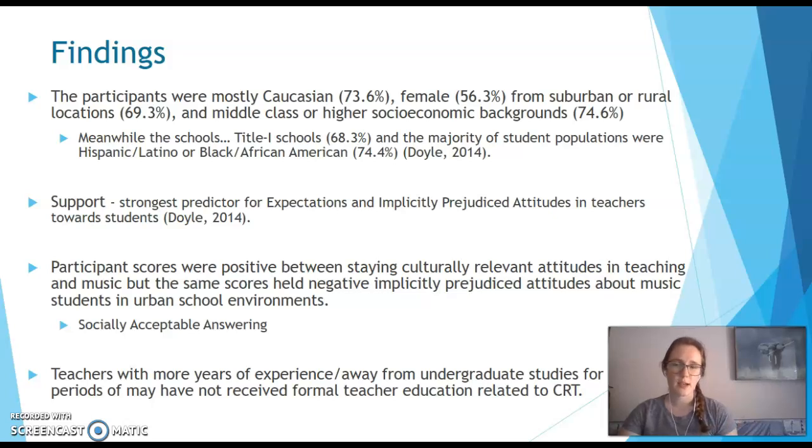Doyle hypothesized that there's a phenomenon going on that's called socially acceptable answering. So when a researcher or somebody's asking you a direct question related to race, there's an understanding that we need to be diverse and accepting. So people, when they're asked a direct question about race, will answer in a respectful, kind of politically correct way. But then socially acceptable answering shows that there have been studies done that Doyle cited